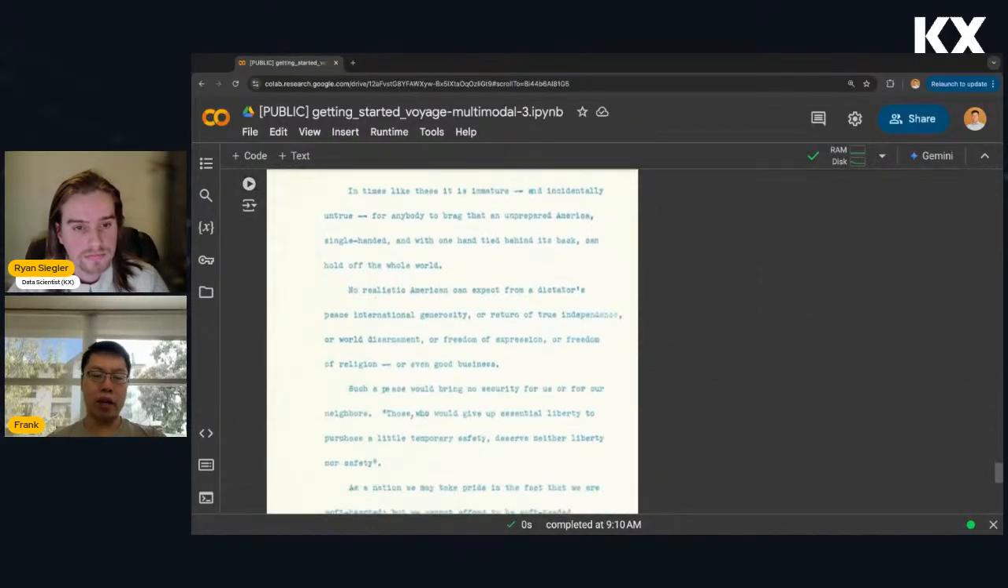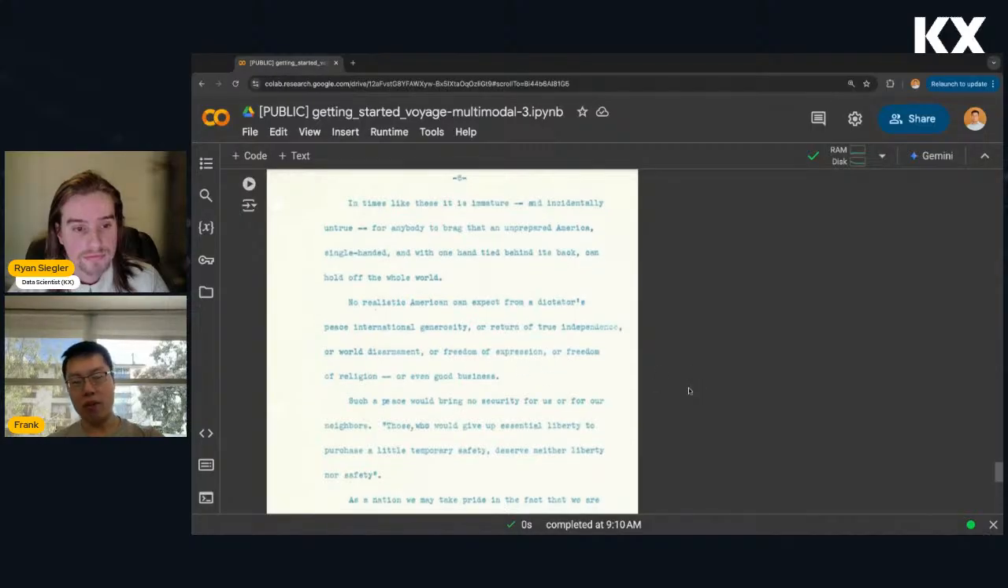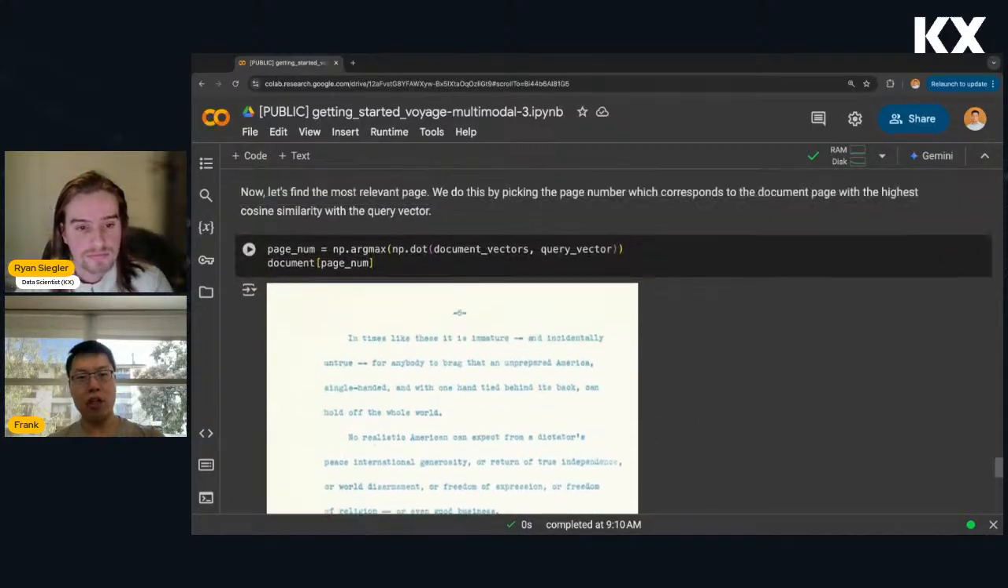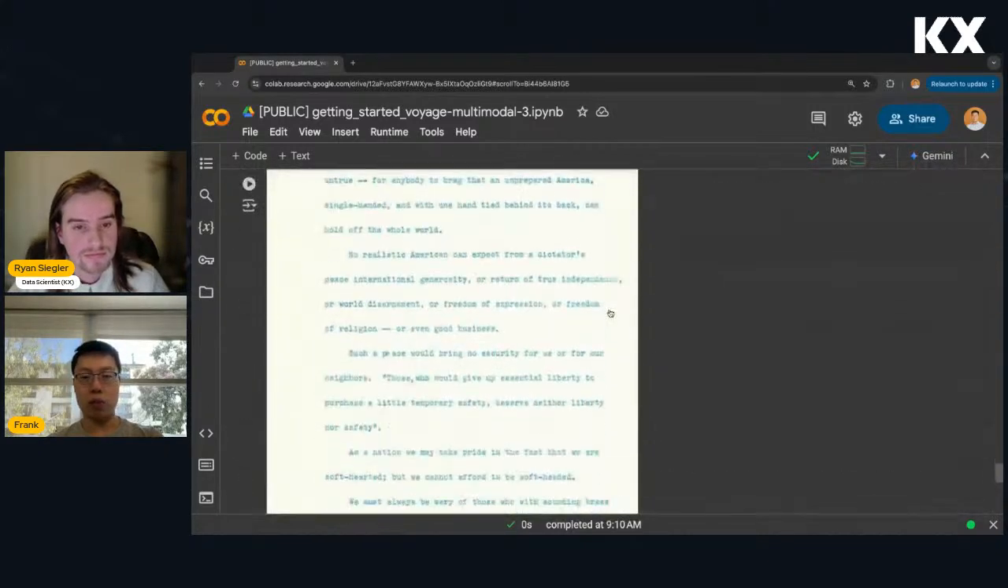And we can see here that there's a very, very relevant portion, which is saying that no realistic American can expect from a dictator's peace international generosity, or return of true independence, moral disarmament, or freedom of expression, yada, yada, yada, or even good business, right? So this is a very, very relevant page when it comes to this specific query, the consequences of a dictator's